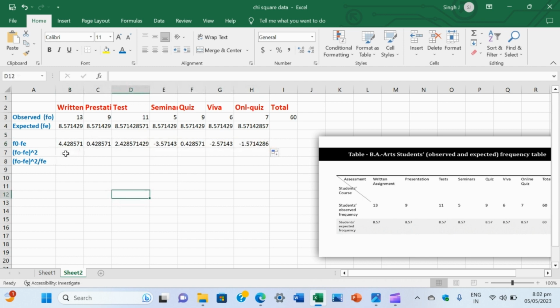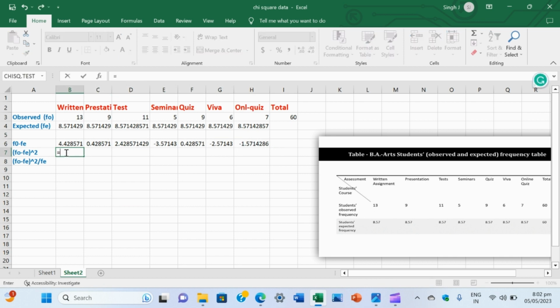And then we square it. To square it we click this and enter equal, and the cell address which we want to square, that is f4 minus fa, which is mentioned in the first cell B6, so we write B6 and then square it, so we write square 2 and then click the enter button, and we find the square of 4.4285, that is 19.61, and again we drag it